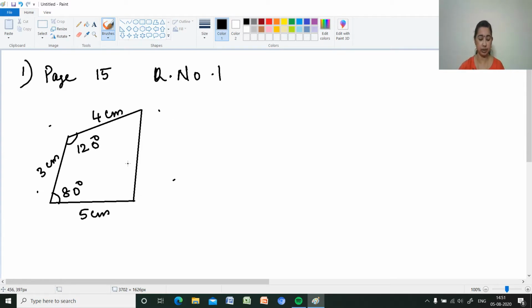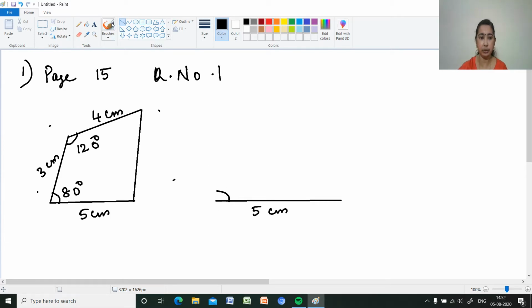How to construct? First we have to construct this quadrilateral, then we have to convert it to a triangle of equal area. First, take a 5 centimeter length. Draw a 5 centimeter long line. Whenever you are drawing something, the measurement should be written then and there, 5 centimeter. Then take the protractor and measure 80 degree. You have to keep the protractor here and measure 80 degree. Using the protractor, construction, everything I have shown in the previous videos, so I am just showing how you have to draw it.